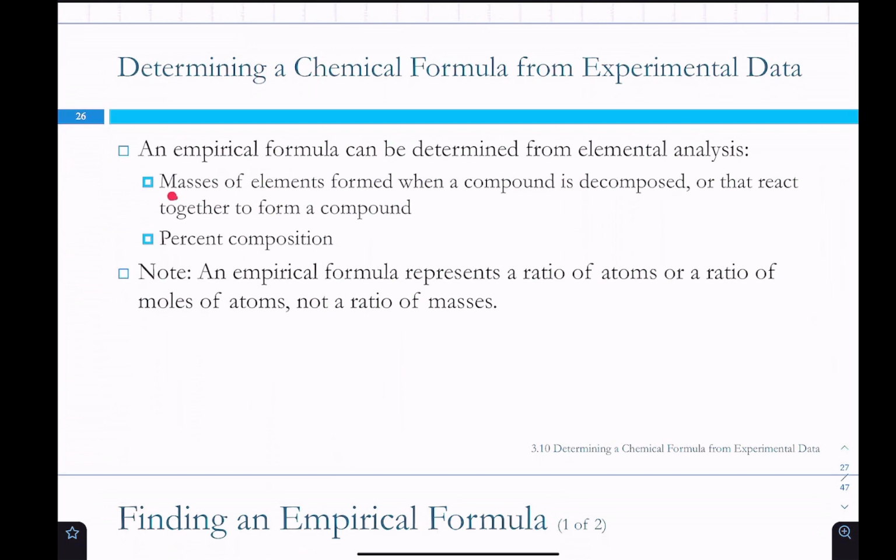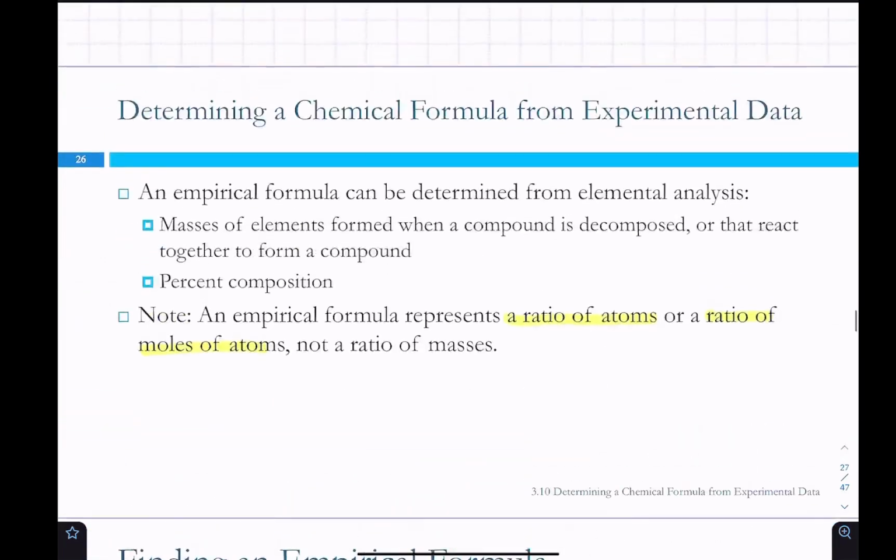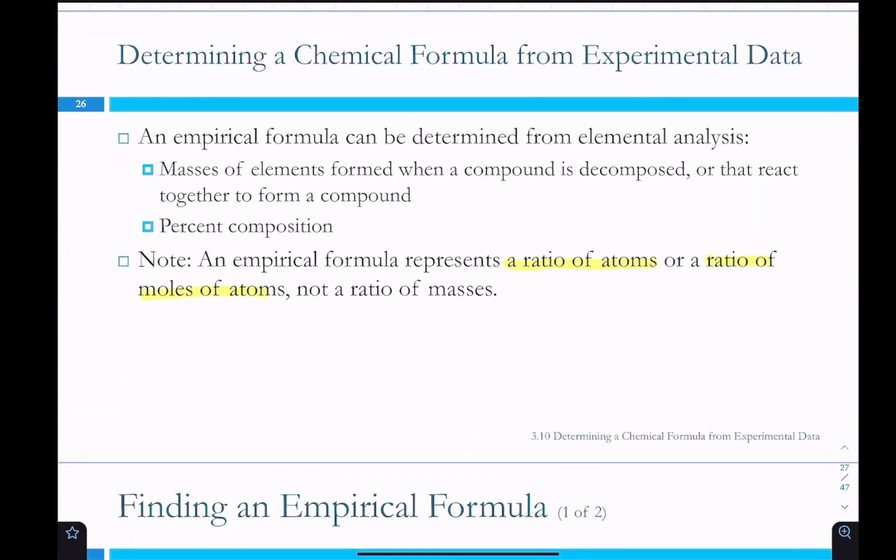Right, so like I said, using the masses of elements formed when a compound is decomposed, or if you know the percent composition of a compound, you can calculate an empirical formula. And this is the key restriction of empirical formulas: it represents a ratio of atoms, or a ratio of moles of atoms, not a ratio of masses. So we can only calculate this empirical formula from the ratios of moles of atoms, not the masses. I'm going to add something to this also. It's the simplest